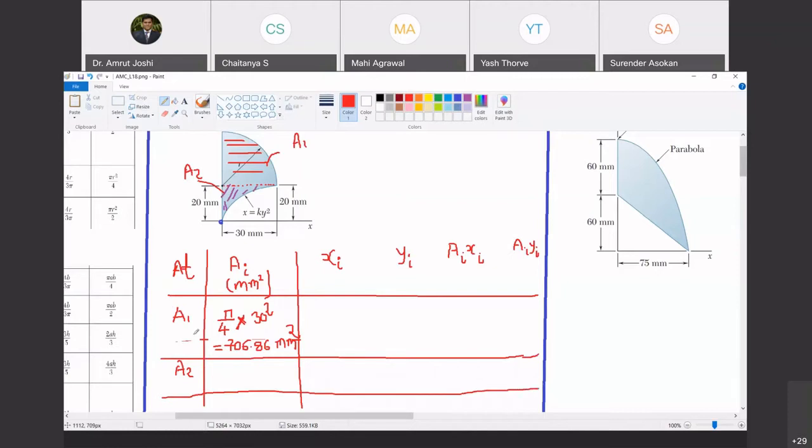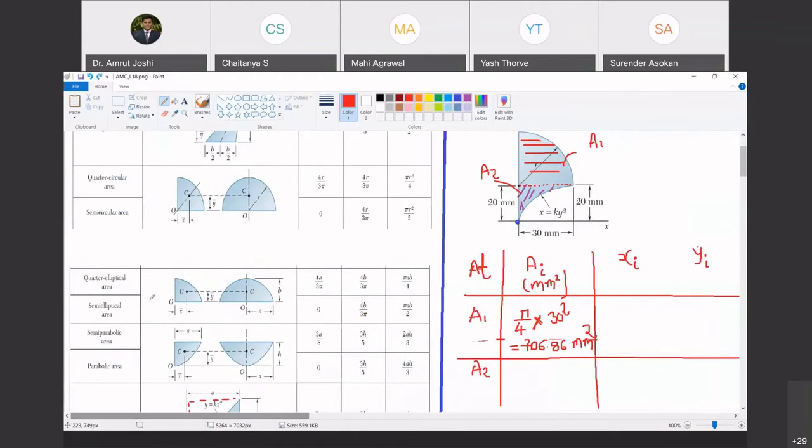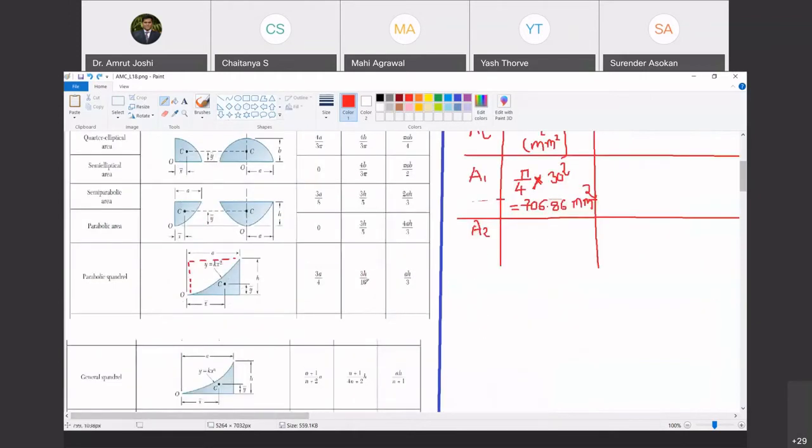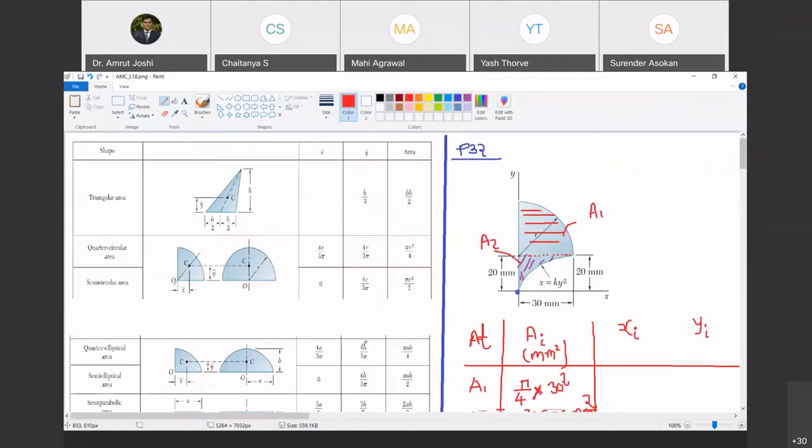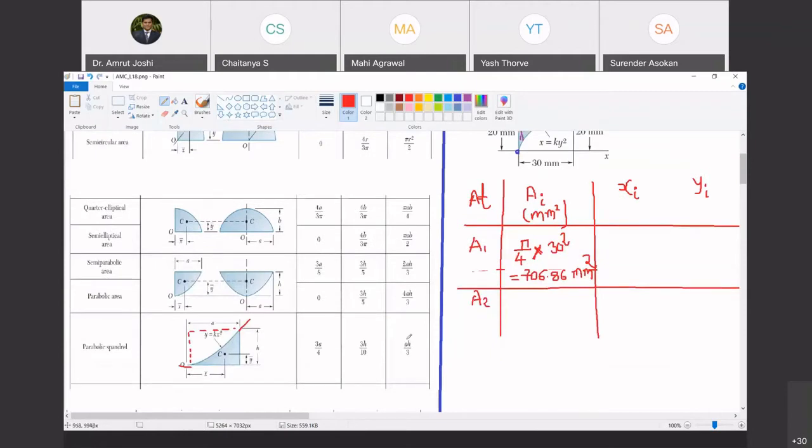So now, what is area A2? A2 is the area under this parabola. Do you agree with me? Yes, sir. And what is the formula given for A2? What is the area? 3a by 4. Do you agree with me? Yes, sir. Now look here, for this parabola, this is the inclined tangent and this is the horizontal tangent. Happy? So wherever the tangent is horizontal, parallel to that, whatever is the dimension, it is a. Agreed? Yes. I'm sorry, area is ah by 3. Are you with me?